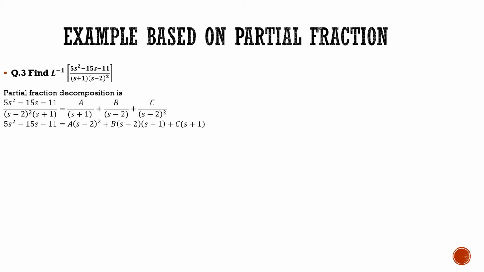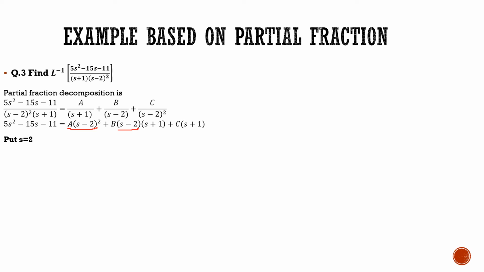In this particular question I'll discuss another method to find the constants a, b, c, that is by putting values. If you find this method more comfortable, you can use this method; if you find it difficult, you can use the previous one. So now put the value s is equal to 2. You can see the coefficient of a will be 0, because 2 minus 2 is 0, and in this part again, if you put 2, it will be 0, so you directly find the value of constant c.